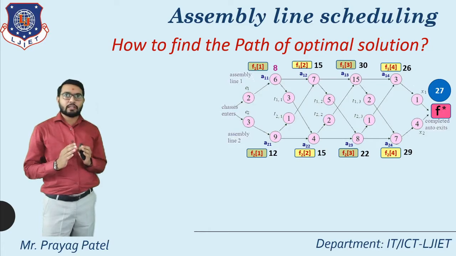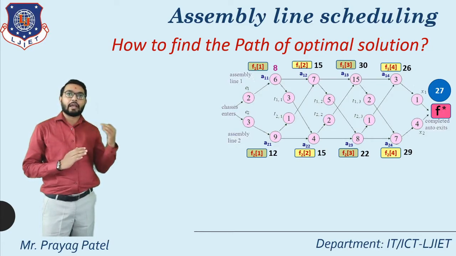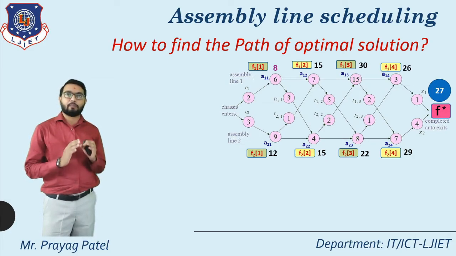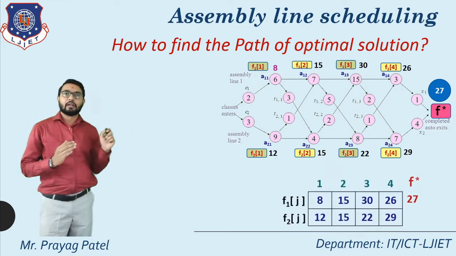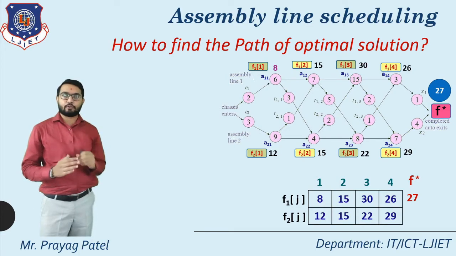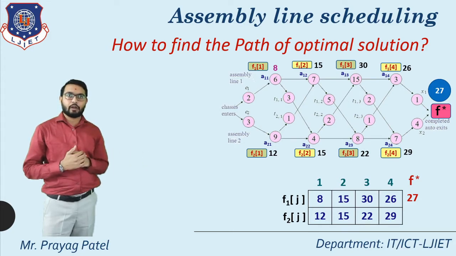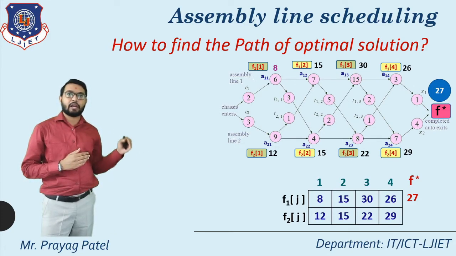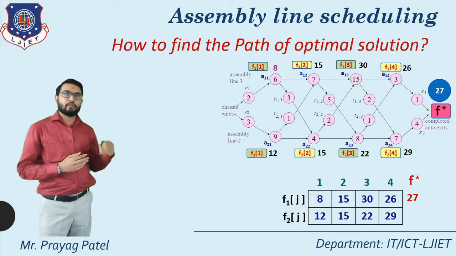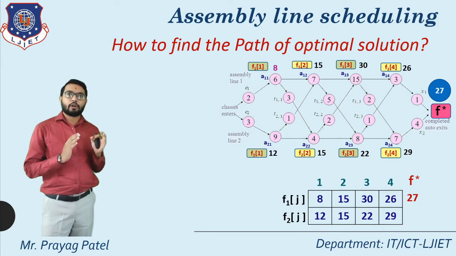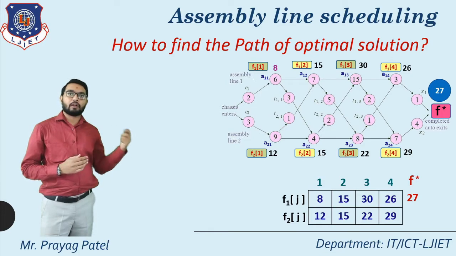So here the solution is 27, but according to which path do we get this solution? How can we find this path? In this video lecture we discuss how to find the path for getting 27 in this example. So here consider the given table is F1j and F2j. We already found F11, F12, F13 and F14, and in the same way F21, F22, F23 and F24 in our previous video lecture. Also we found the value of the F star. Now we want to find the path, which we want to use for the backtracking.